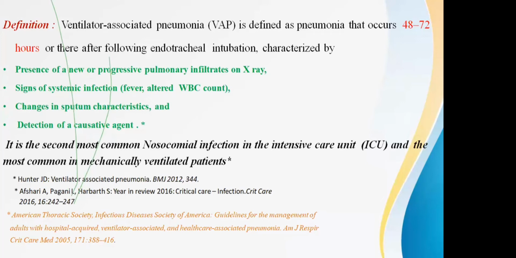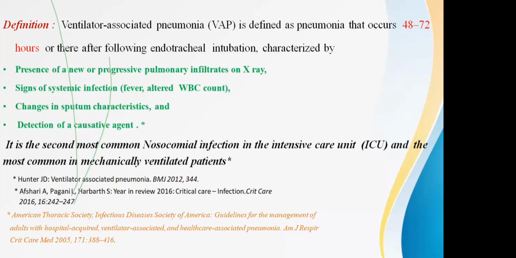What is it labeling? Is the patient going into sepsis, systemic infection, fever is there, count is increasing. If previously the count was normal, now it is increasing after 48 hours. What is the characteristic of sputum? What is the characteristic of secretions? Earlier it was clear, sterile, now it is mucoid purulent. So based on that, and detection of the causative agent. Yes, the presence of the microorganism is very important to label any patient as ventilator-associated pneumonia. So that is the catch. First sample, it is sterile, and the second ET secretion sample, if it is coming up with a microorganism, you have to label it as ventilator-associated pneumonia.